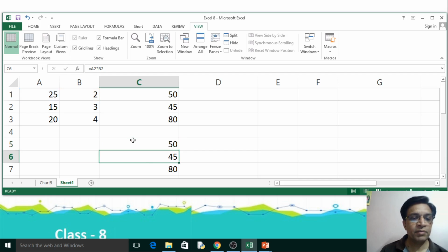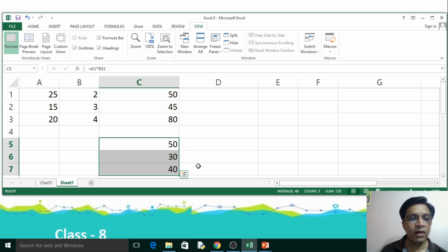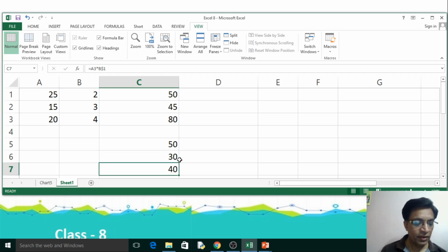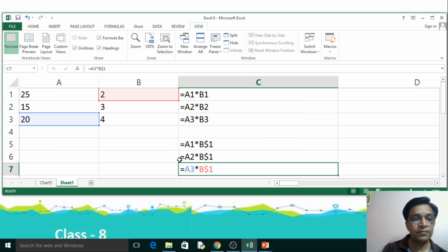I'll press enter and drag it again. Now see, here it is 15 multiplied by 2, 20 multiplied by 2, and so on. Now I'll show you what the formula is. You can see that the row remains the same even when I copy it.